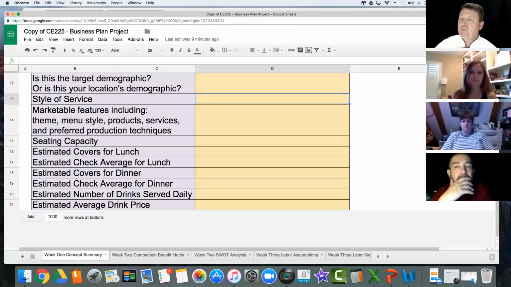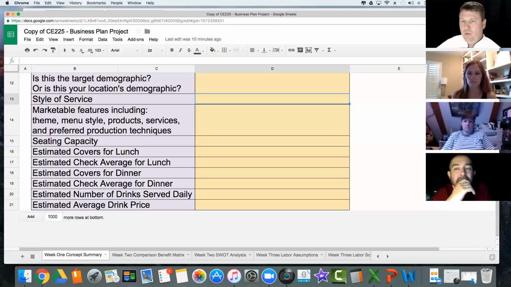All right. So the seating capacity. Now, I recommend, just for ease of math, to do a 100-seat restaurant. Why do I like a 100-seat restaurant? Because one seat is 1%. That makes sense? So don't do a restaurant that has 27 seats, okay?